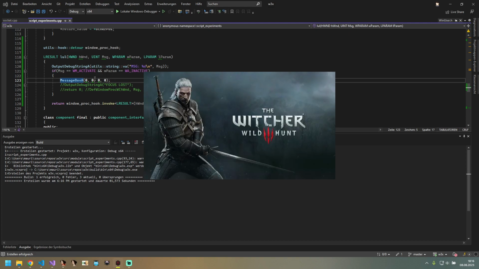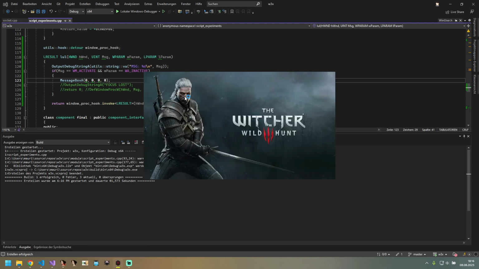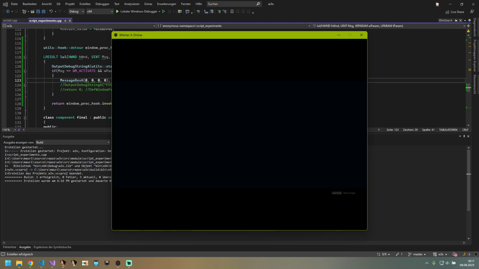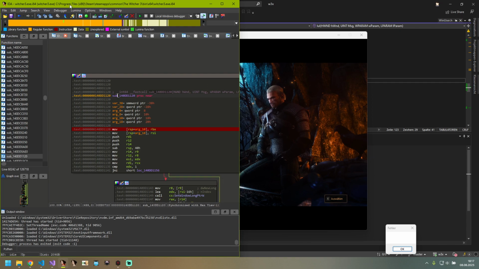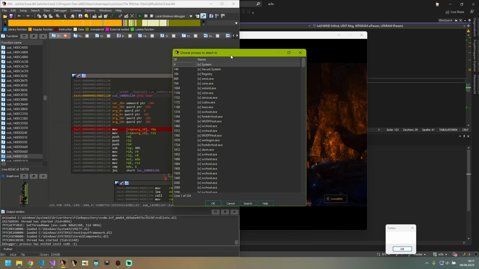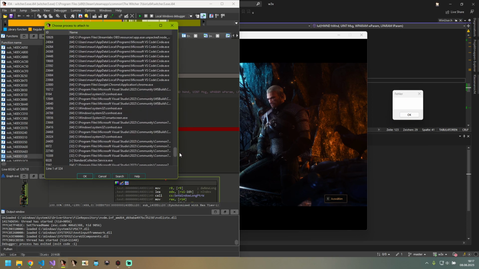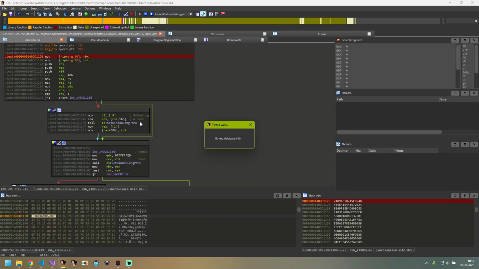Yeah, that should be good. Now that the window is paused, there is my debug message box, and I think if I debug the game,